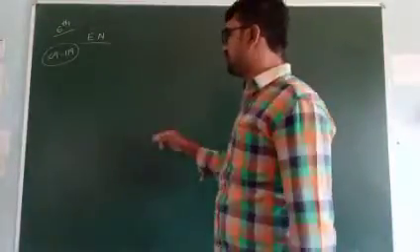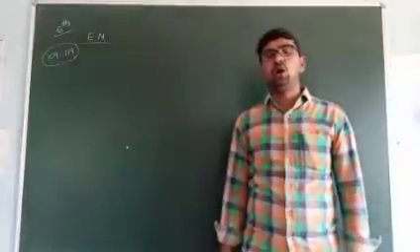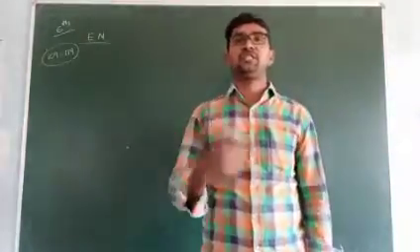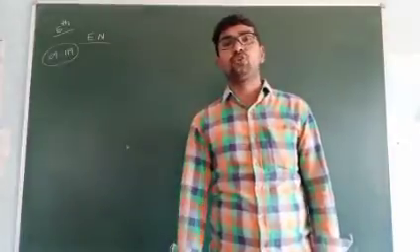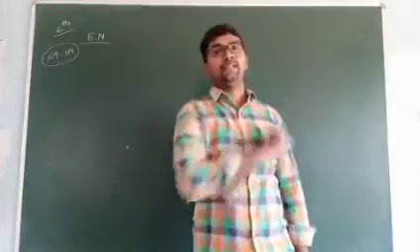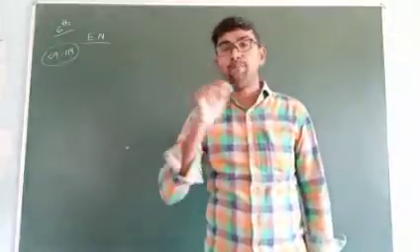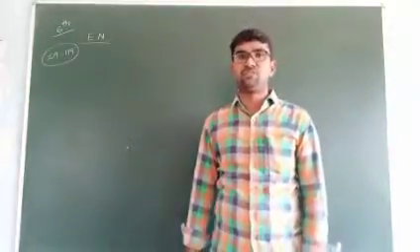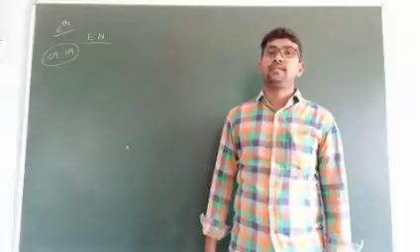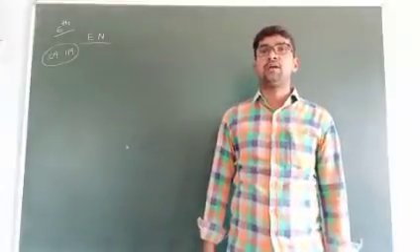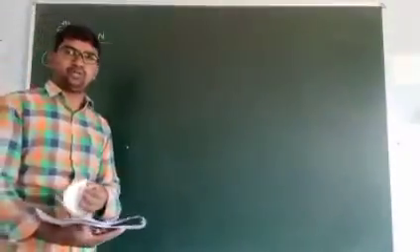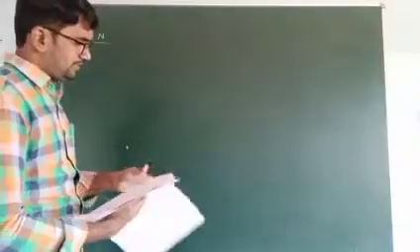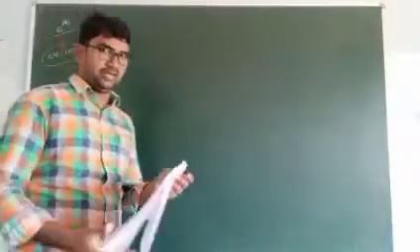In this topic, I explained how it changes in groups and in periods. Generally, electronegativity decreases in groups and increases in periods. And three important scales are also given: first the Mulliken scale, next the Pauling scale, third the Allred-Rochow scale. Okay, right. The first one you can solve very easily. Such type of MCQs I leave.